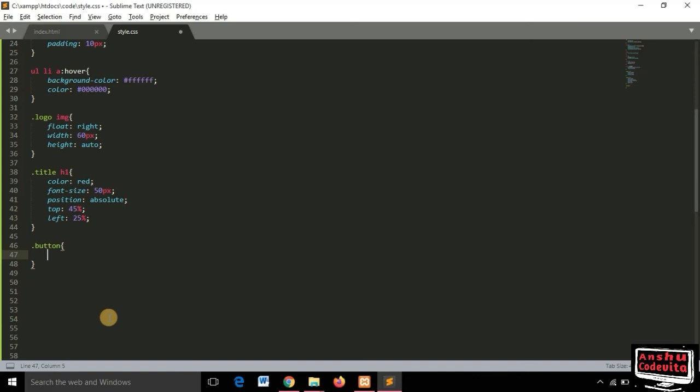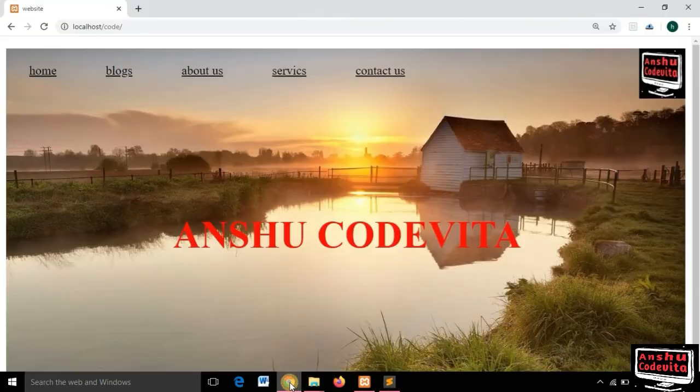In that position I will set absolute, and from top 70% and from left 35%, and save it and go to Chrome and refresh it. Here is another option, learn more.